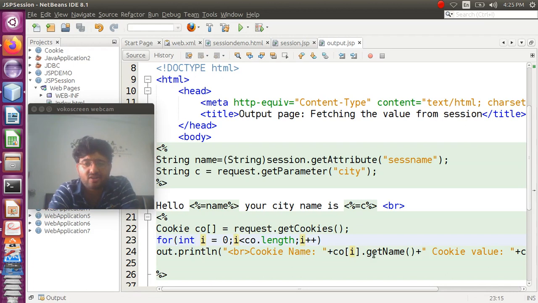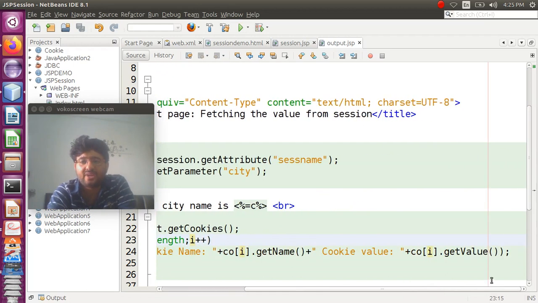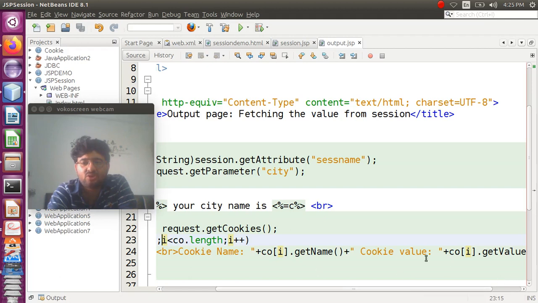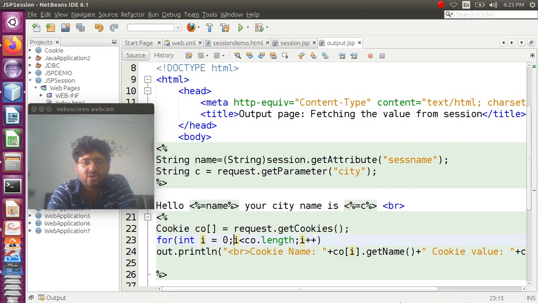CO of i.getName gives me the name of the cookie, and CO of i.getValue gives me the value of the cookie. So name and value, both the fields I can get. So the cookie name and cookie value are being printed.